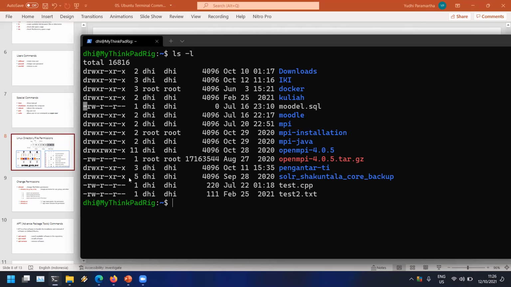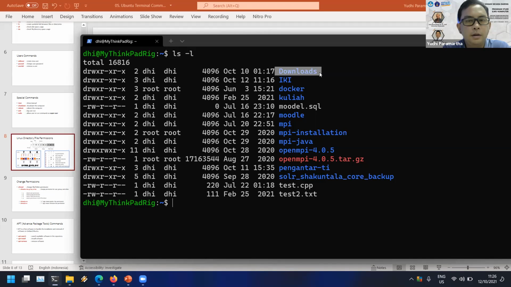Yes. There's no other symbol to declare the file? No. The first character is only D or dash. The D refers to directory, and the dash refers to other than directory. Okay, thank you, sir. Yes, as simple as that.